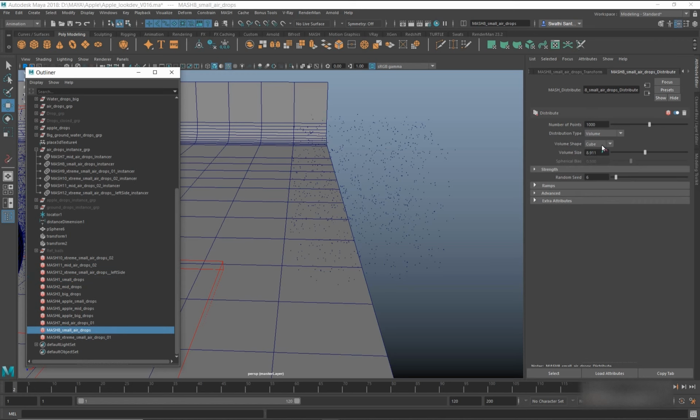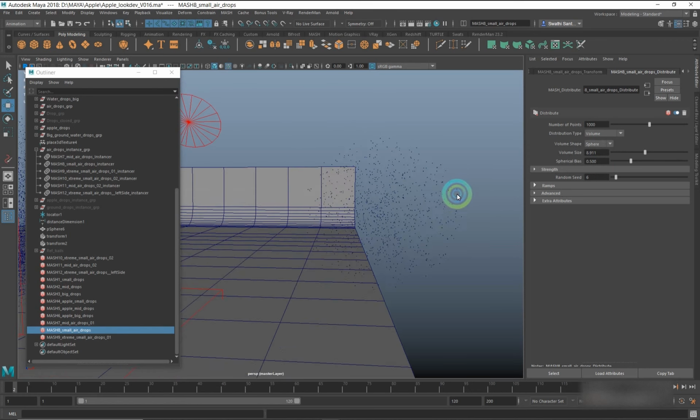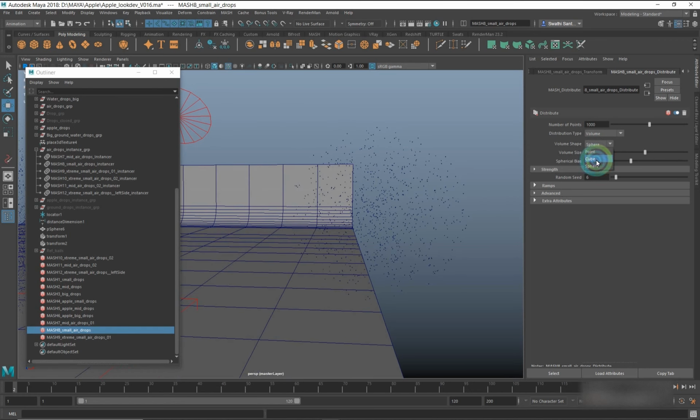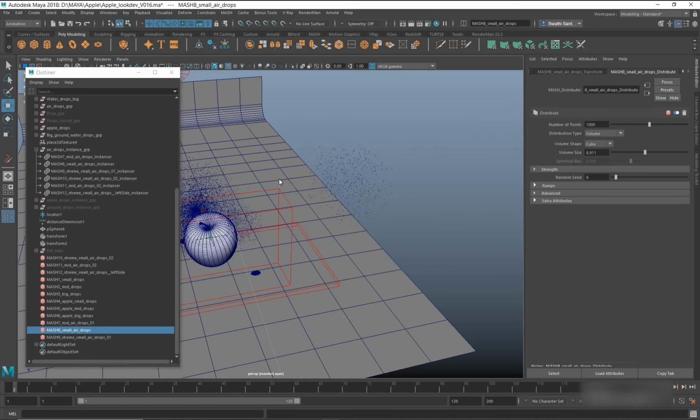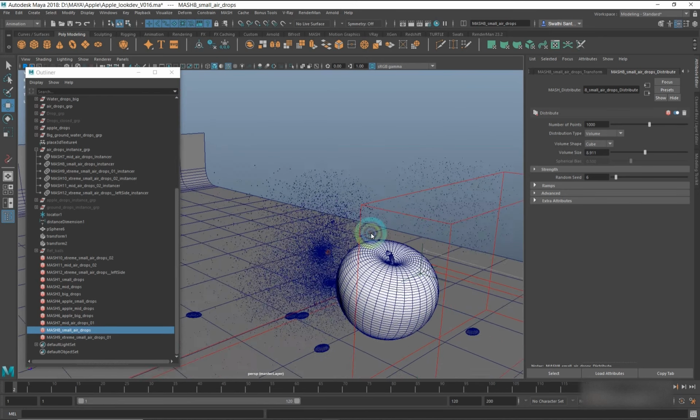Okay, got it. You see, it changes its volume shape. So that's how I have created all these water drop meshes.